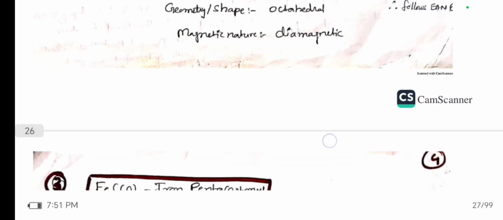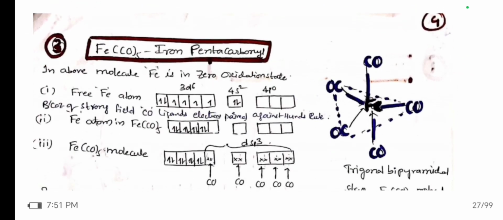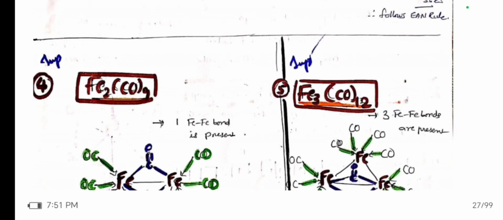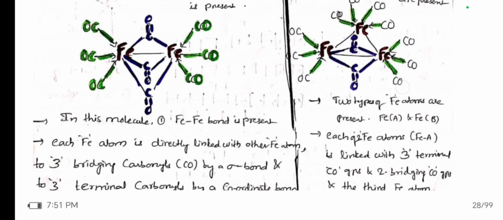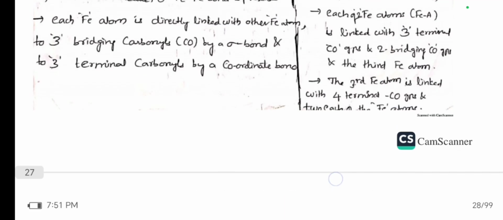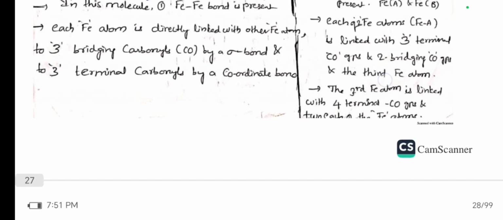Okay, practice one time. Next, Fe(CO)5, trigonal bipyramidal shape. Fe2(CO)9, Fe3(CO)12. Okay, these molecules are present in your syllabus. All molecules, practice one time. That is about